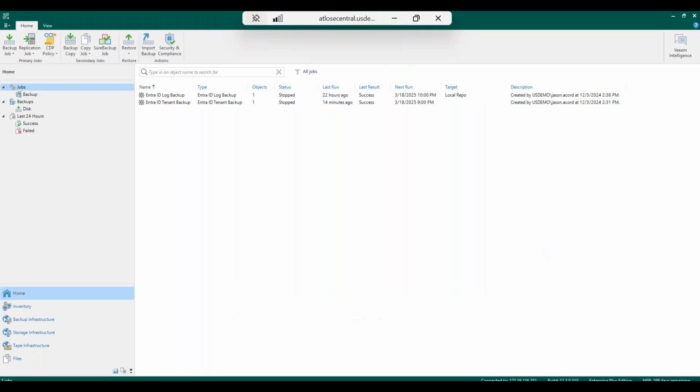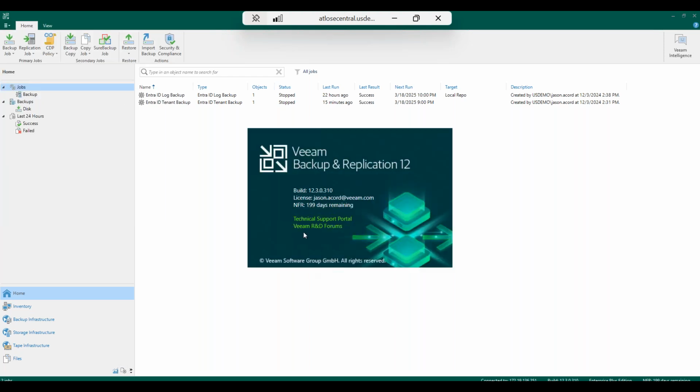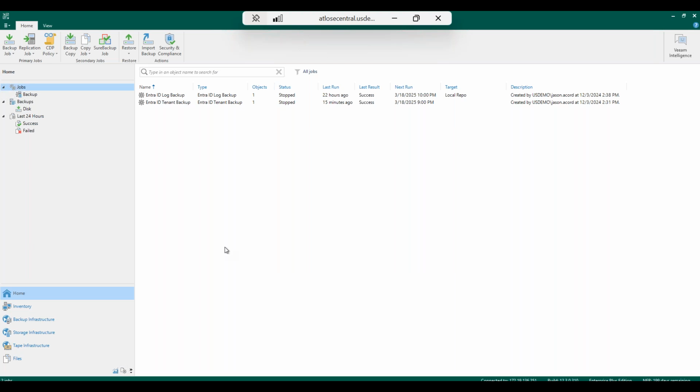All right, so without further delay, let's switch my screen to the live demo. Okay, so I have my Veeam Backup and Replication console over here. As mentioned, Microsoft Entra ID backup was released with version 12.3. There you go. So I have the version 12.3 console over here, and instantly, the moment you upgrade to version 12.3,